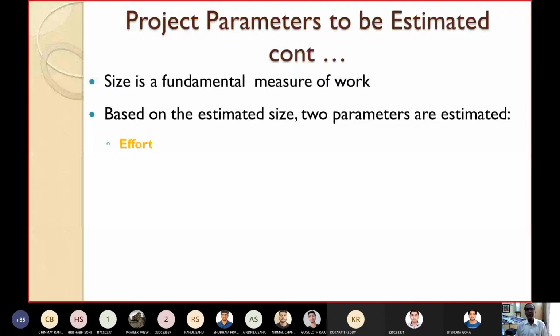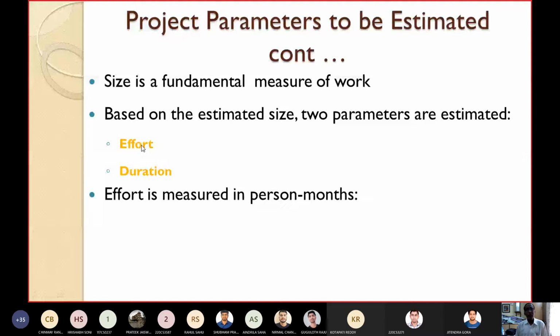If you have estimated the effort, then you can easily estimate the cost from the effort. Now, how is effort measured? Yesterday I already told you, effort is measured in terms of person-months, man-months, or staff-months.